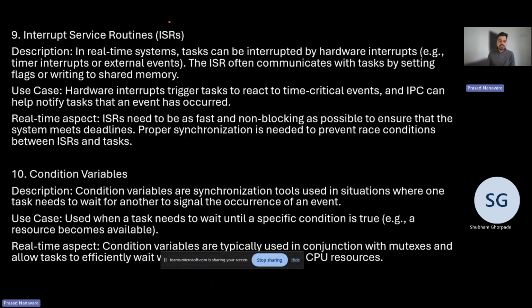Then we have ISR and conditional variables. ISR, you already know. Conditional variables are synchronization tools used in situations where one task needs to wait for another to signal the occurrence of an event. So this is a wait or hold mechanism, in which the state of the task changes